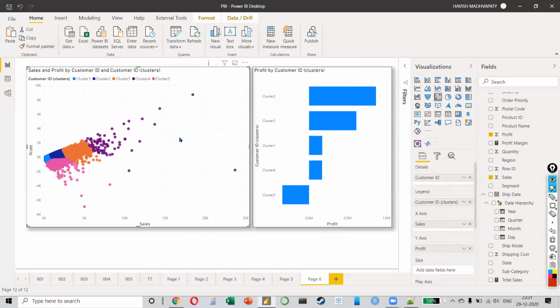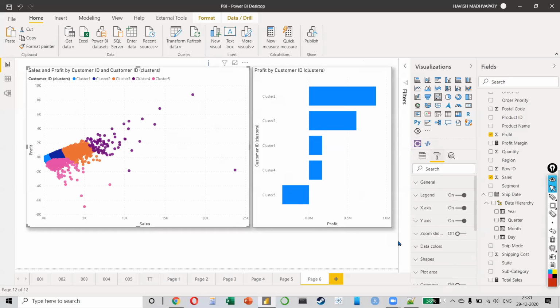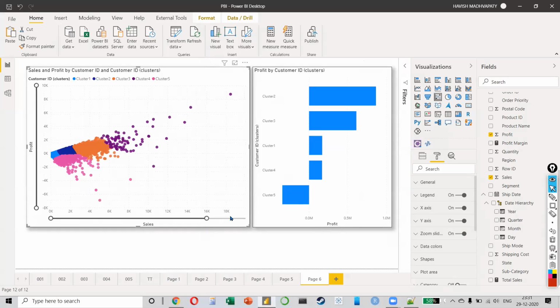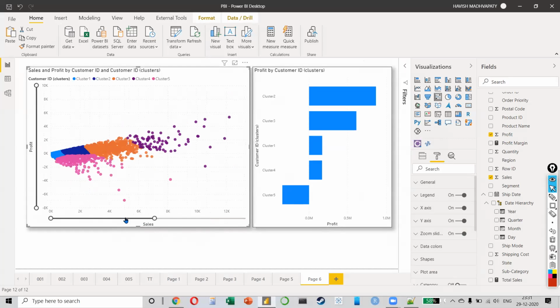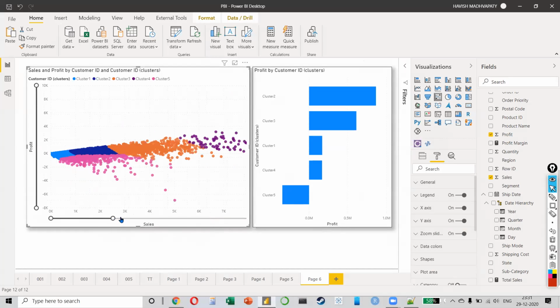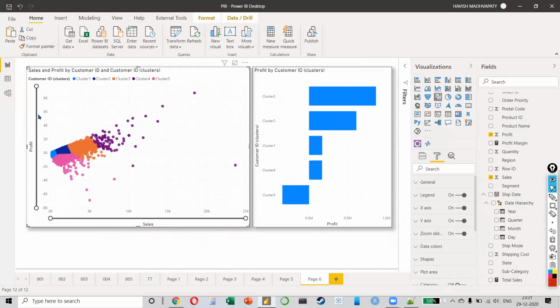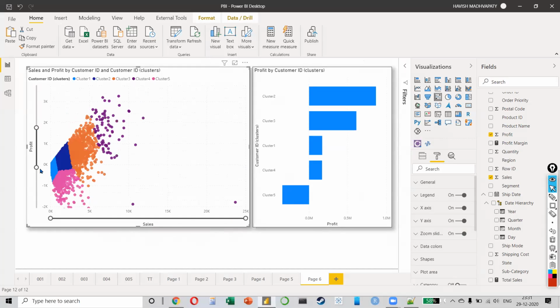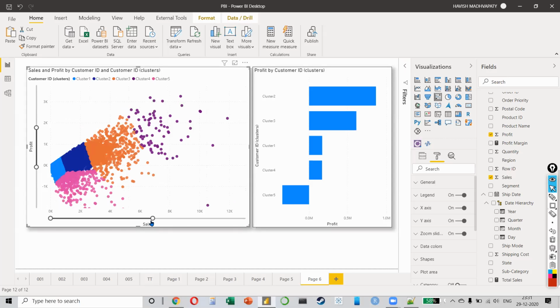Okay, also on the scatter chart, if you go through formatting, there is an option called the zoom slider. Please select this, everyone. Please enable this. It's a very cool feature. This will allow you to zoom the values like this. So you can focus on a specific range, right? Like this. So if I only want to see customers with a profit of this, I can just zoom into that area, right? Like this. This feature was added last month and it's a fantastic feature, the zoom slider.